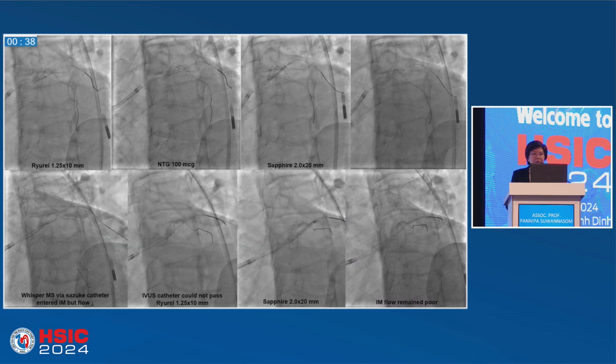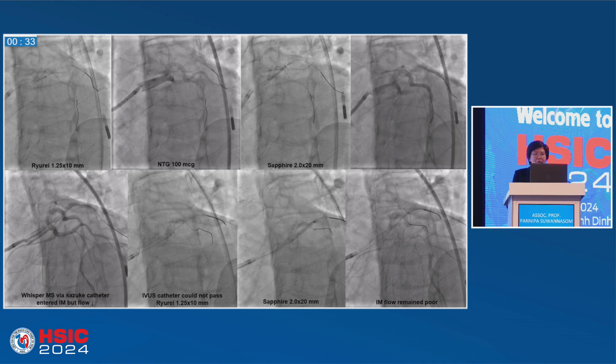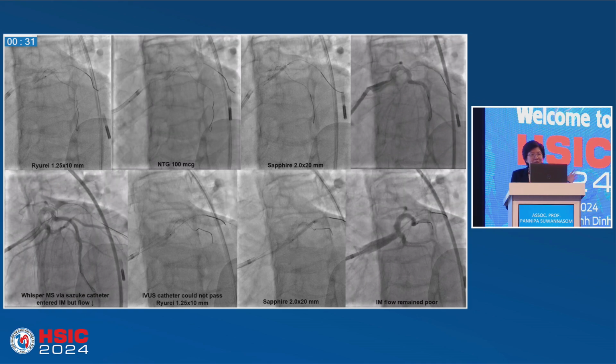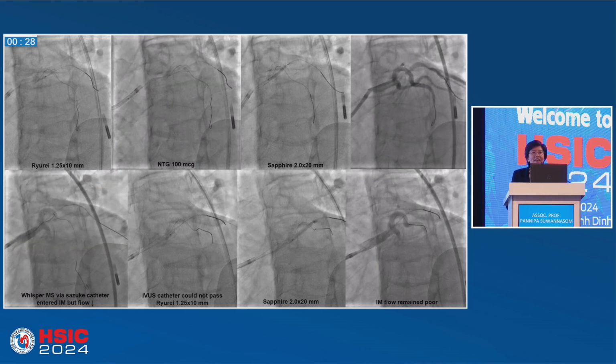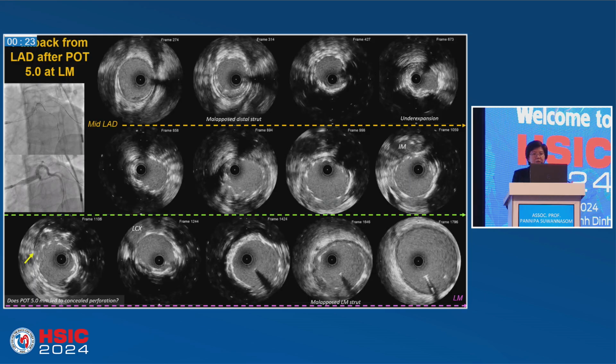Okay, so the problem is now I have done everything, already used the double lumen catheter, and I cannot wire. So at that time, I was thinking, okay, we go back to the previous slide, and you see that actually it's good. I'm not sure whether to say good or not, because we have a malposition here. So I think that even if I have to do some deformation of the left main stent, maybe I have to do that to create a way to go into the true lumen. So be it.